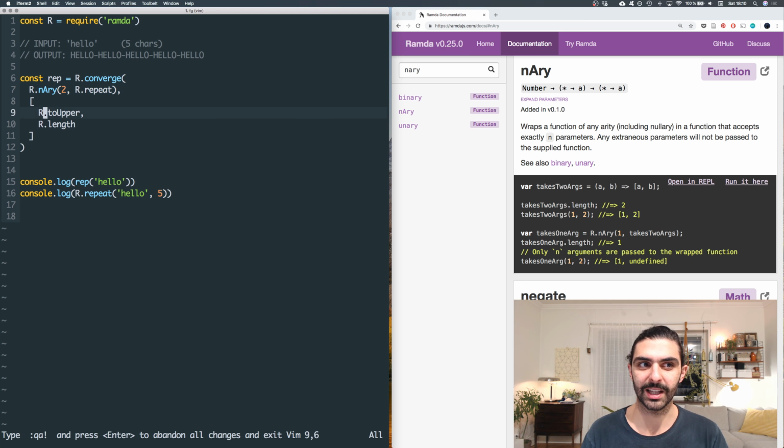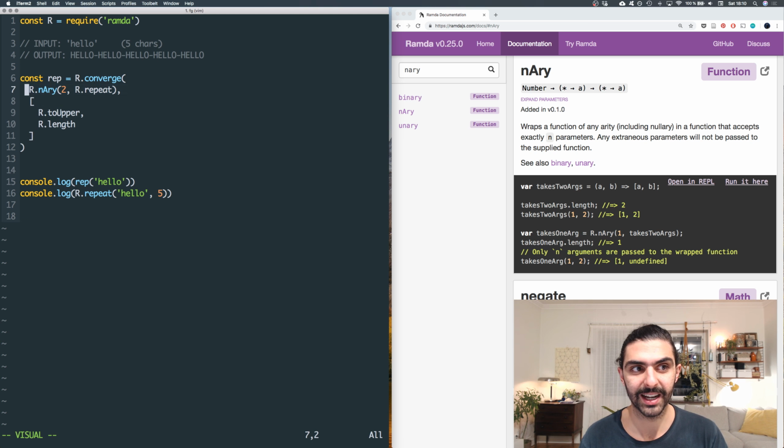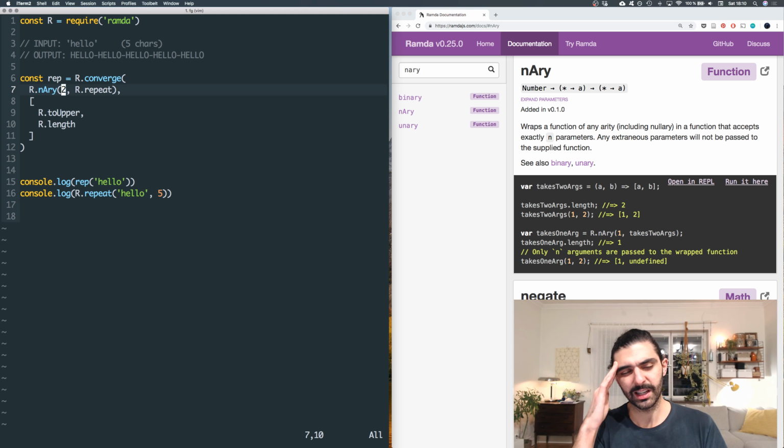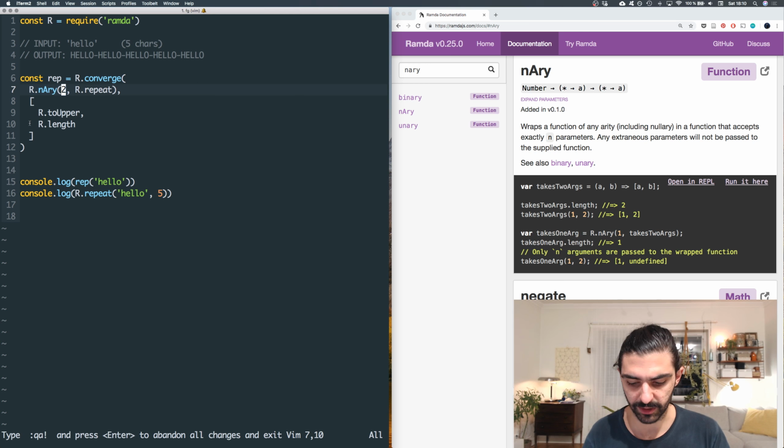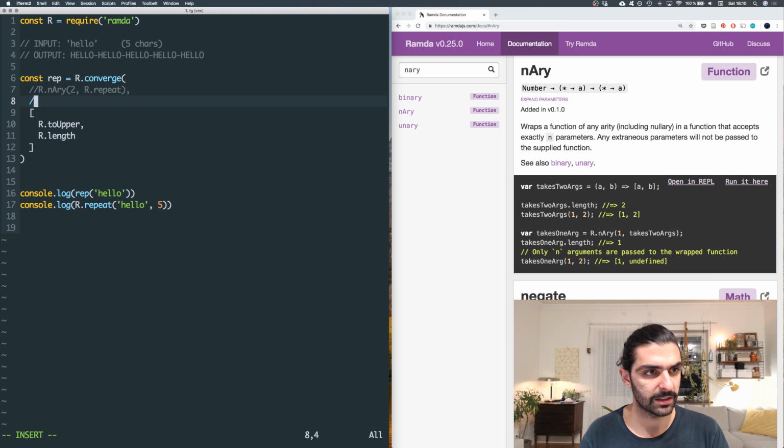I think it's something like this, unless we specify that the arity of this function is 2, which is actually completely confusing, to be perfectly honest, right? Because let's go back here. If we only say repeat,